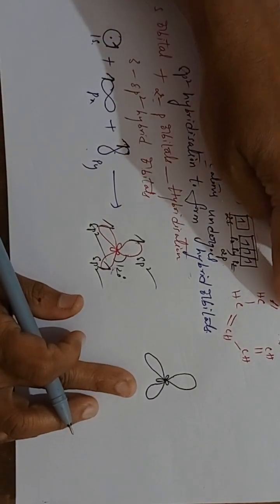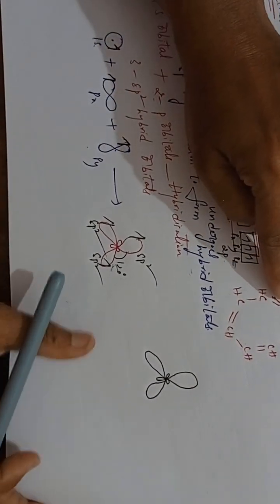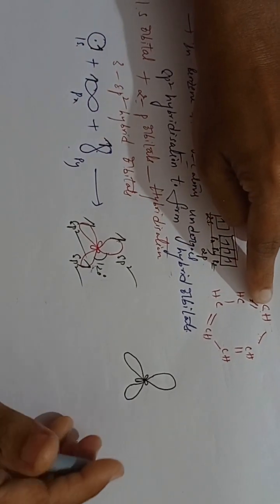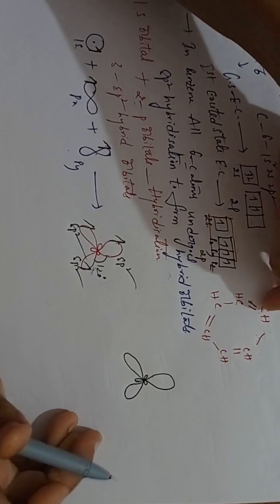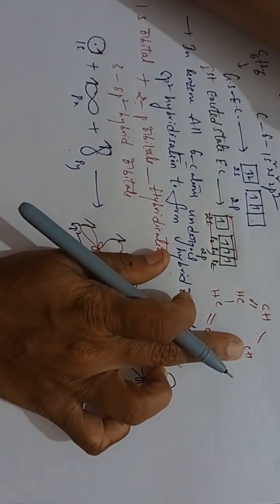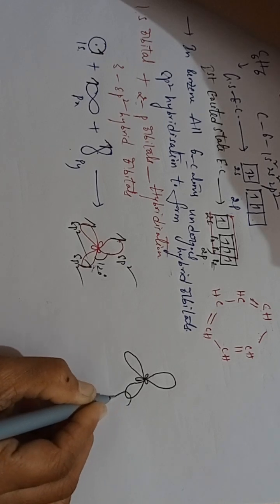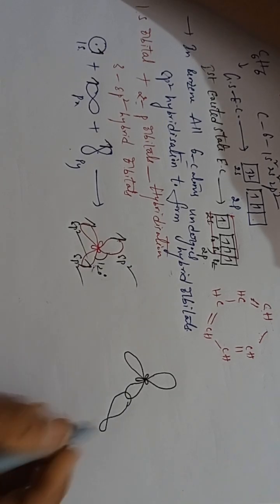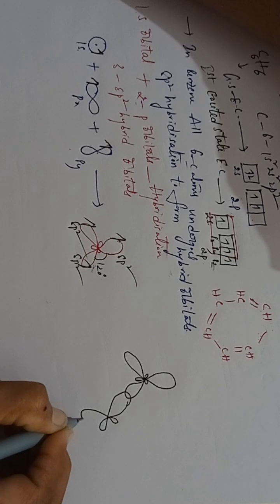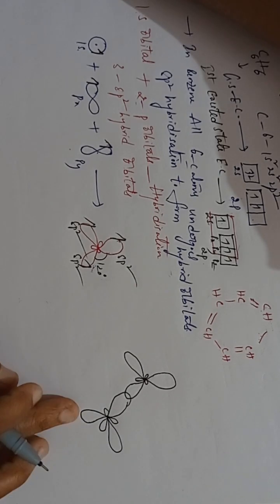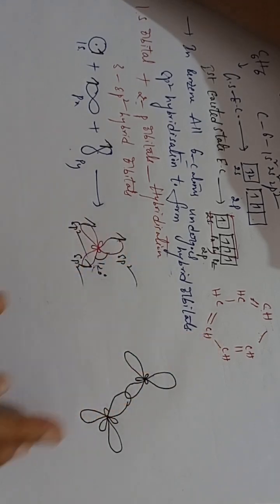This is the first carbon, this carbon. Understanding? See here, this carbon, sp2 hybridized orbital. Next to this carbon, okay, this carbon. See here. This is the second carbon. Next this carbon, this carbon,